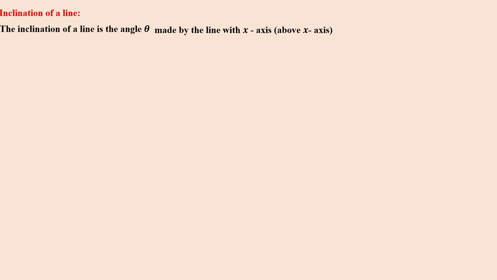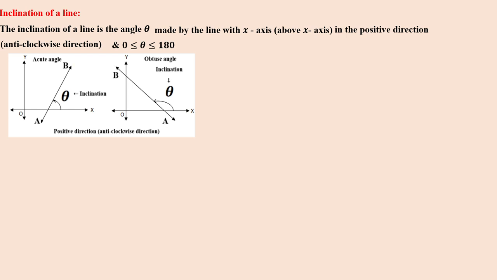Note that, right? The positive direction is anti-clockwise direction. Theta lies between 0 to 180, starting from 0 on the upper part of the x-axis, 0 to 180 degrees, right? So we know acute angle is 0 to 90 degrees and obtuse is 90 to 180 degrees, right? So the inclination, in the case of an acute angle, AB is the line which